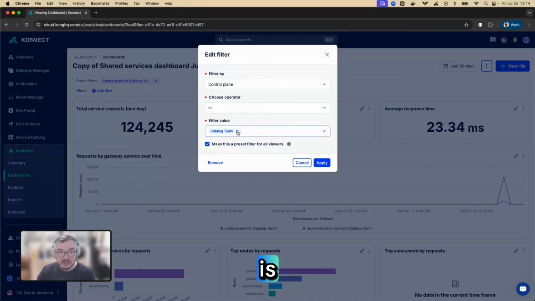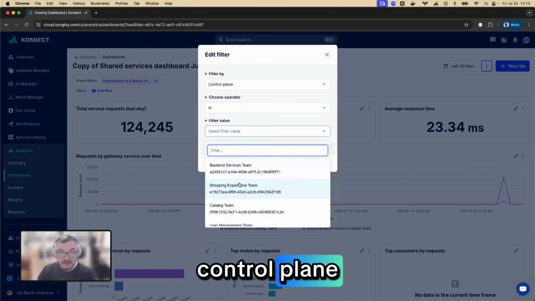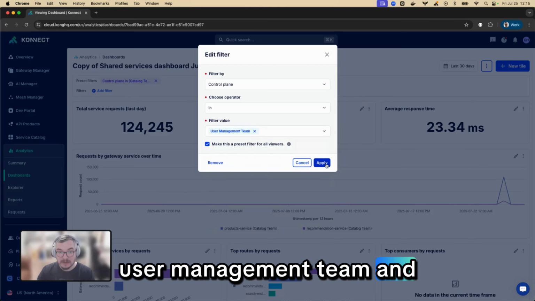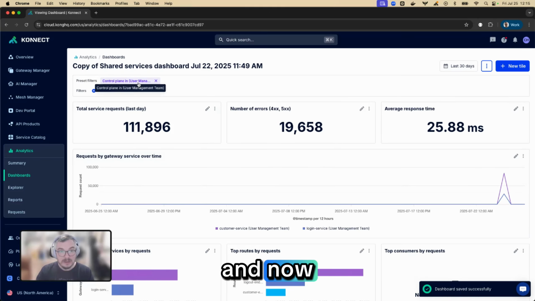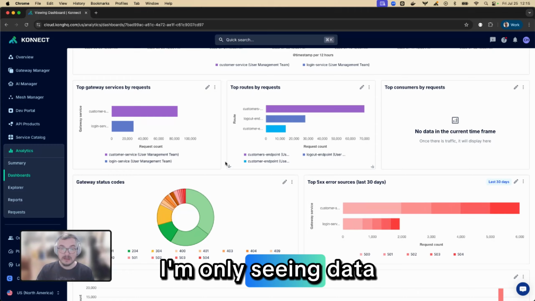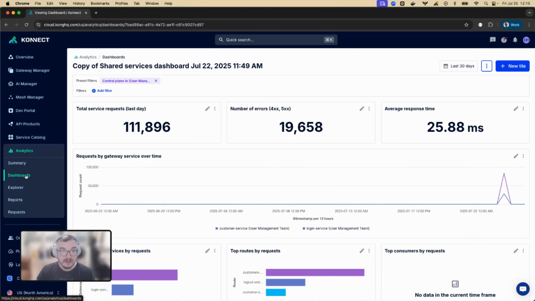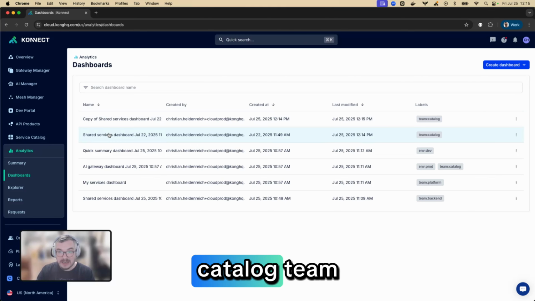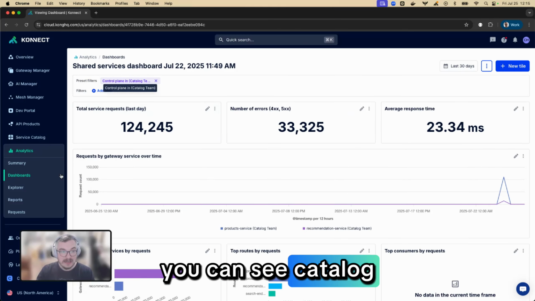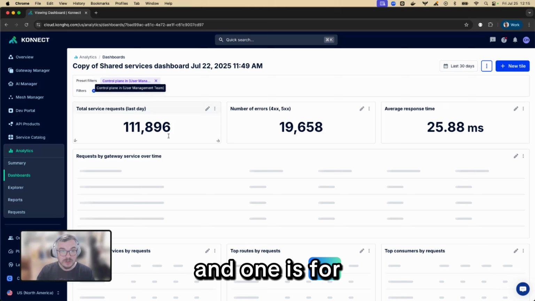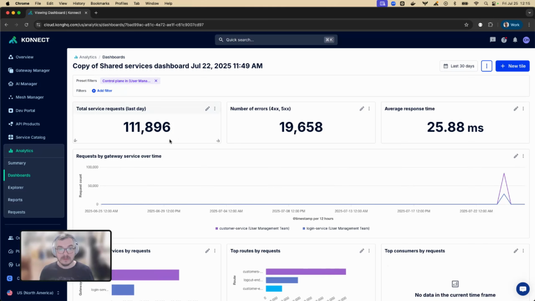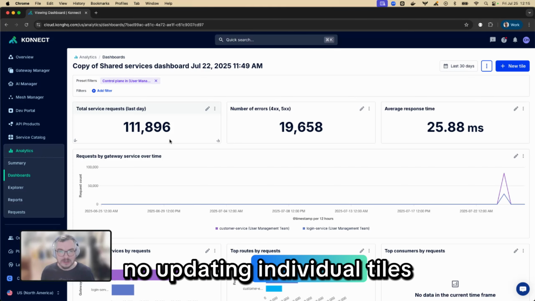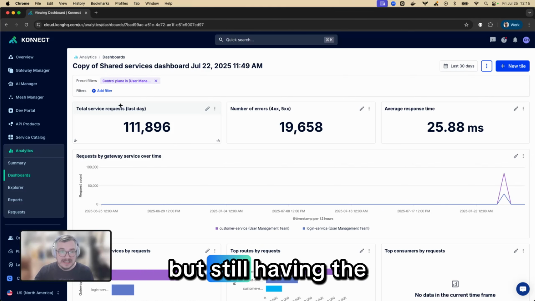And what I need to do is, instead of filtering by control plane catalog team, I am using maybe user management team, right? And apply. And now I'm only seeing data for the user management team. And if I go back, I have a copy of shared services. One is for the catalog team, right? You can see catalog, and one is for shared services. Isn't that easy? No pain, no updating individual tiles,